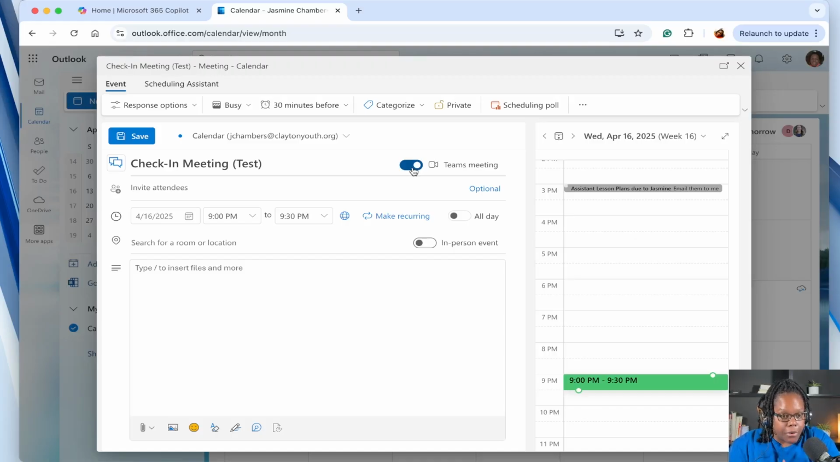Or if it is an in-person meeting, make sure that it's turned off. Now, one rule that I will suggest, this is something that I have started doing just so that when people get it, there's no confusion about whether or not it's a Teams meeting or if it's in person. I literally will put in person